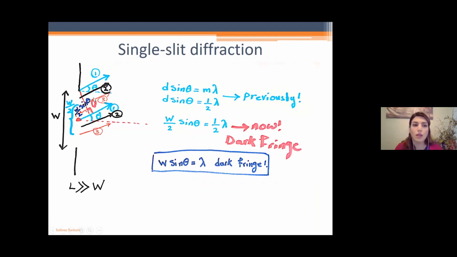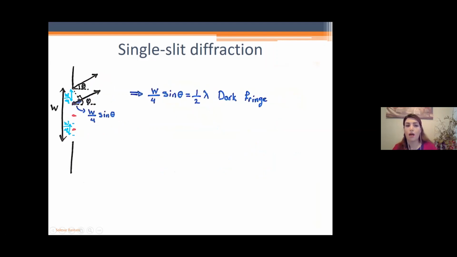So it doesn't have to be only one ray, right? It can be the second ray. If there is a second beam of light here, I will have another beam that will just interfere with it, a destructive interference. If I have the third one, there will be a third beam. If I have the fourth beam, there will be another beam. And this goes on